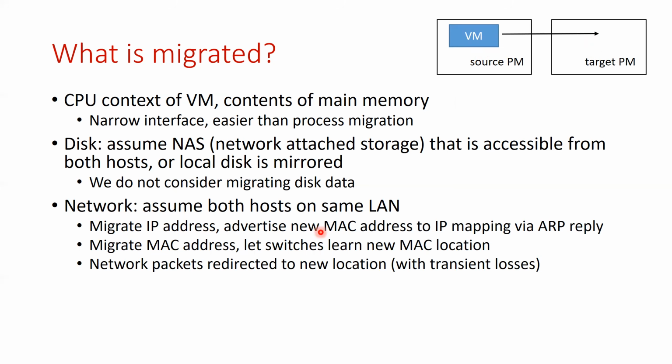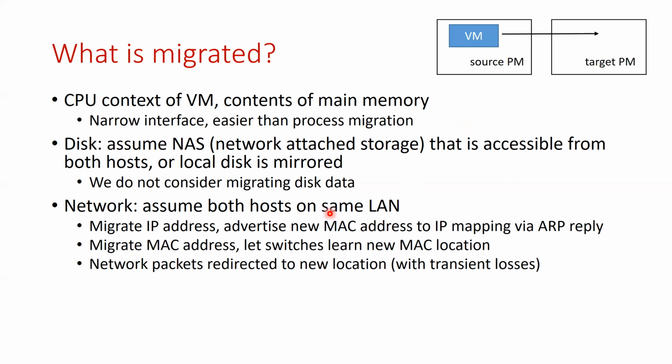You will send an ARP message which will advertise the new MAC address. So at the target machine, you might have a new MAC address given to this VM for the same IP address. So this new IP to MAC address mapping, you will update it via an ARP message during the migration. When you do that, what will happen? Whatever packets were being sent to this MAC address will now get redirected to this new MAC address, right? The IP address is the same, but the MAC address has changed, and you update all the other switches in your LAN with this new MAC address.